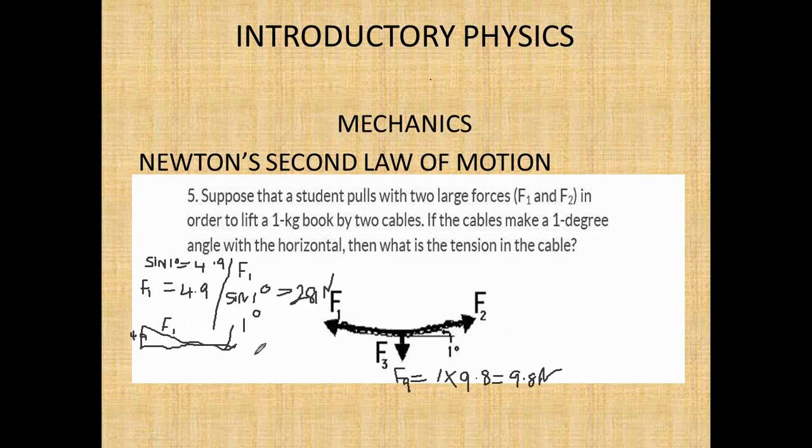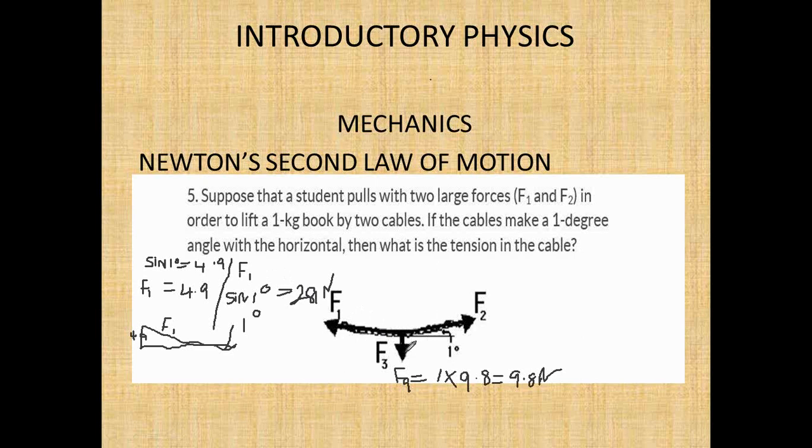Okay? The reason why we did this example is to show you that this is just a 1 kilogram book, and the tension that you have to use is 281 newtons to lift this 1 kilogram book. The simple reason being that if the angle is so low,